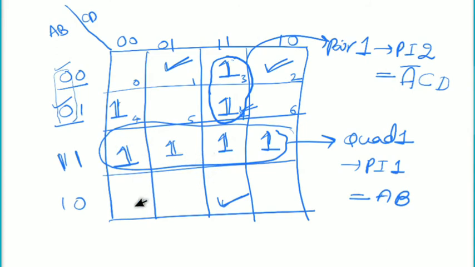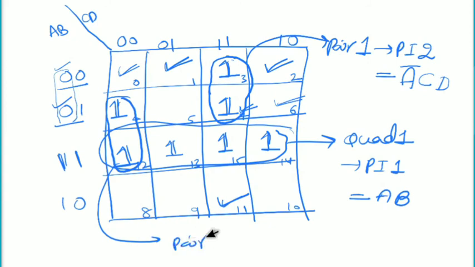Now let us look at the cells which are left with 1. This is cell number 4. Cell number 4 is left for us, and it is maintaining 1. For cell number 4, cell number 0 is adjacent, cell number 6 is adjacent, but these cells are not having 1, so there is no possibility of grouping with those cells. Now let us consider this one, 8, 9, 10, 11, and this one will become 12, 13, 14, 15. For cell number 4, cell number 12 is adjacent, so these two can make a pair.